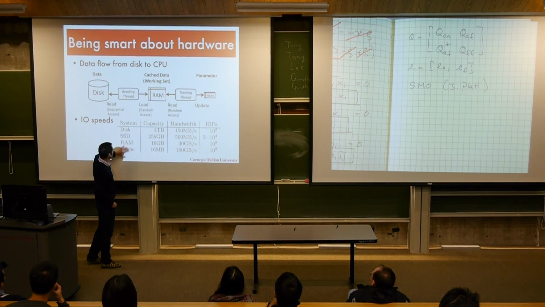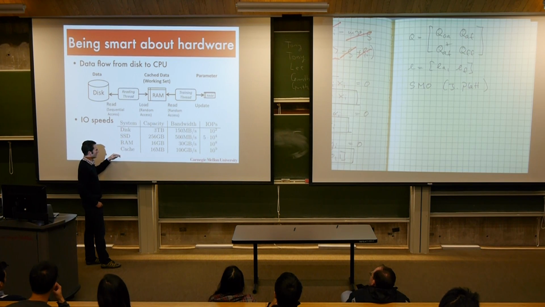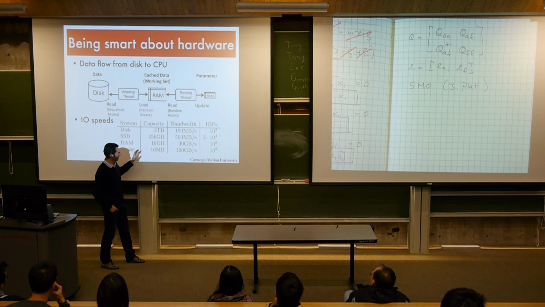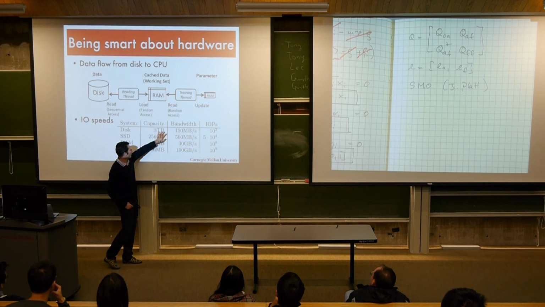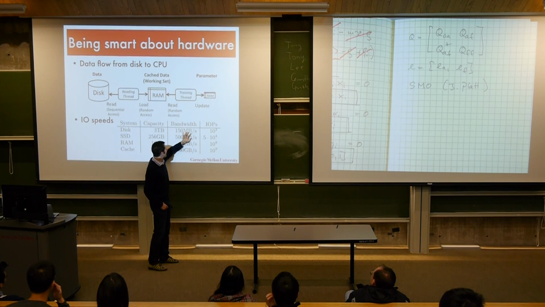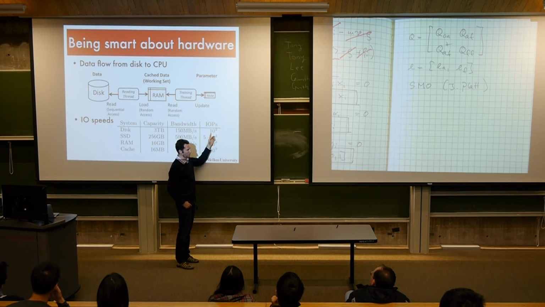Let's just look at I/O speeds and what your machines can do. And these are ballpark figures, and you can probably get stuff that's off in either direction by a factor of 2 or 4. But okay, so your hard disk, 3 terabytes is kind of what you buy for between $100 and $200, depending on whether you want to have an enterprise drive. That's about what you get in burst read. So basically, if you sequentially read, that's about what happens. The number of IOPS, so the access,